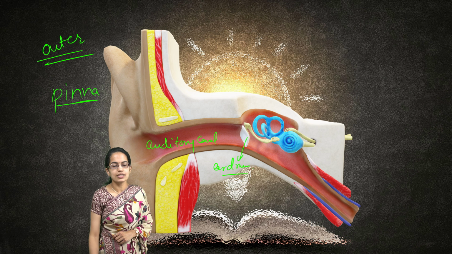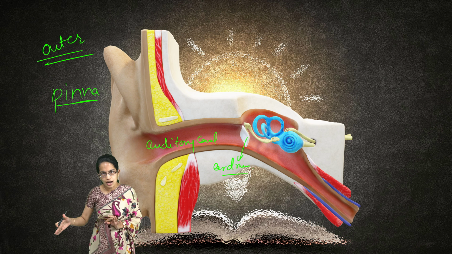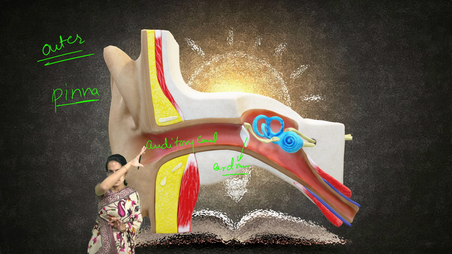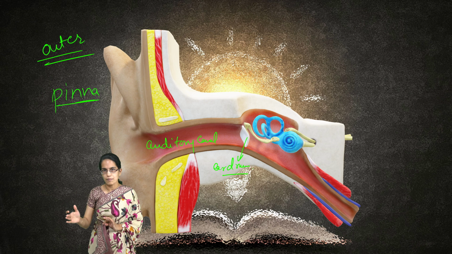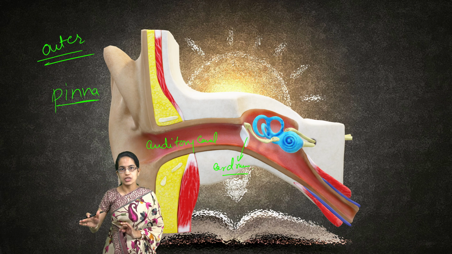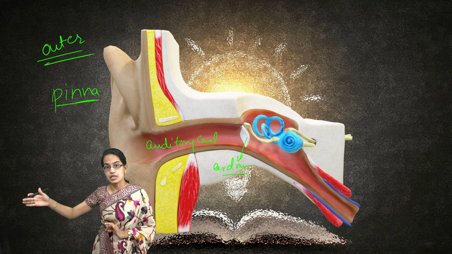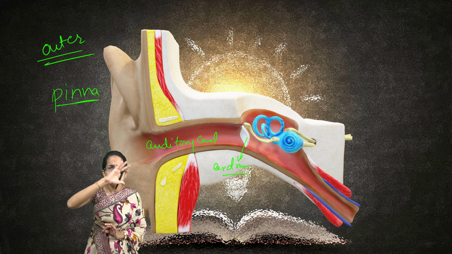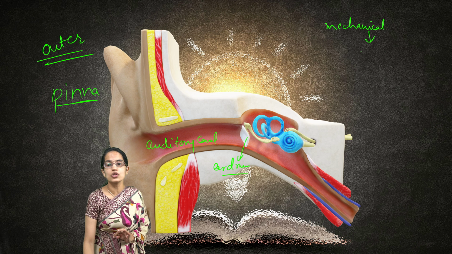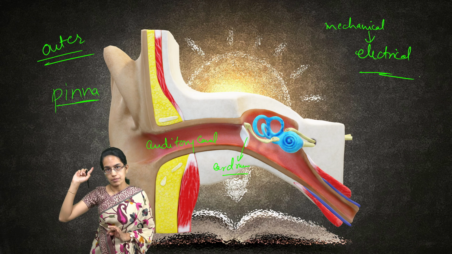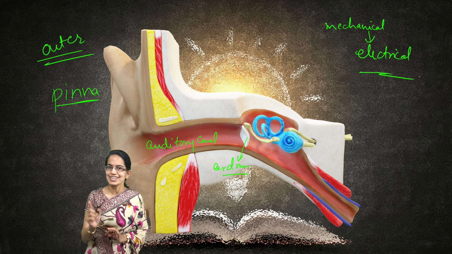Now, this eardrum is similar to a drum. So, what happens is, as the sound waves travel, it hits the eardrum and this eardrum vibrates. Now, these vibrations are taken further into the inner ear. So, this whole process of ear, we would say, helps to convert the mechanical energy into the electrical form of energy, which is transmitted to our brain through the auditory nerves.